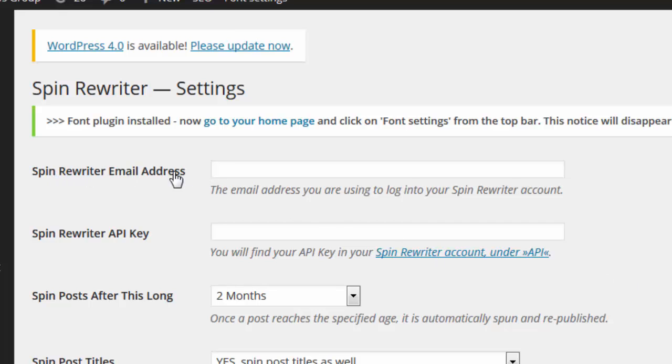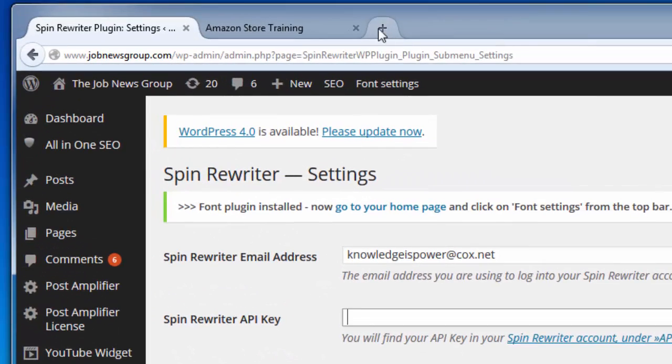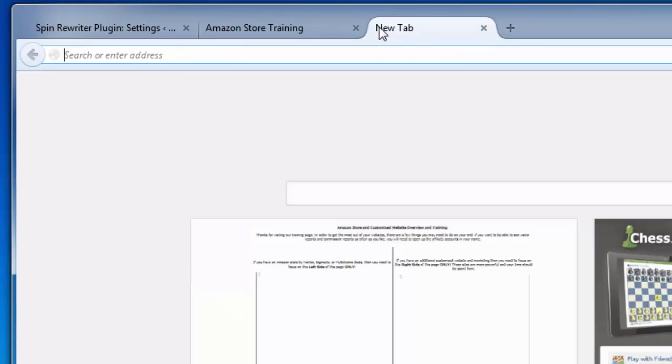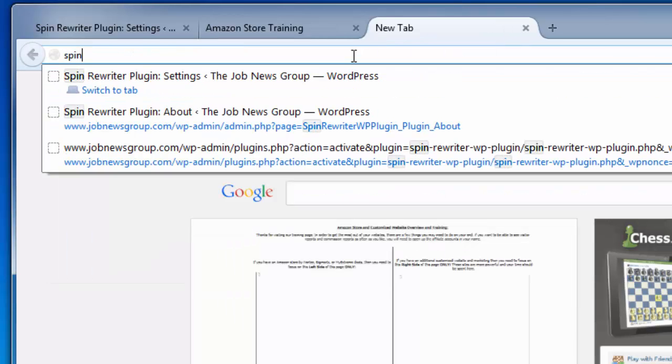The first thing you'll have to do is put in the email address that you used to purchase Spin Rewriter. You'll want to go ahead and type it right in this place. Then you need to get your API key. To get your API key, you're going to want to open up a new tab, just by clicking on the small rectangle. Regardless of your browser, it's always to the right of the existing pages that are open. In this case, I already have two opened, but I'm going to click on a third one and go to